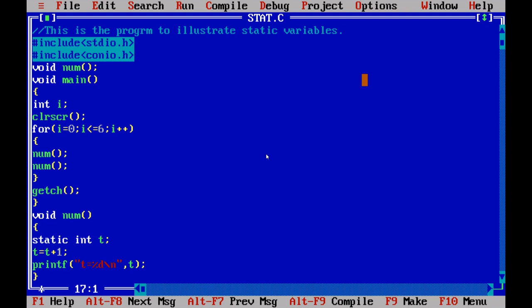That means, what's the previous value of t? T is equal to 2. Now it will be incremented to 3 and that value is printed. And next, what will happen? The next statement is num only. So it won't reinitialize the variable again. It will make use of that same